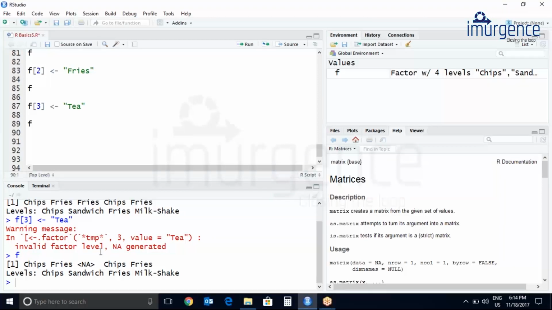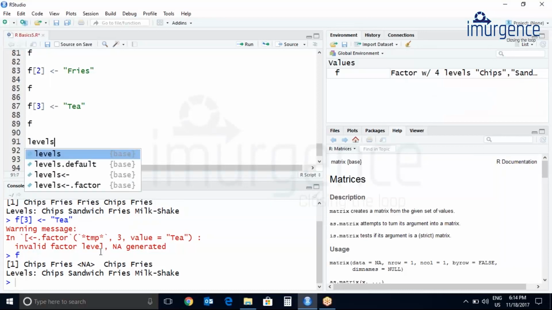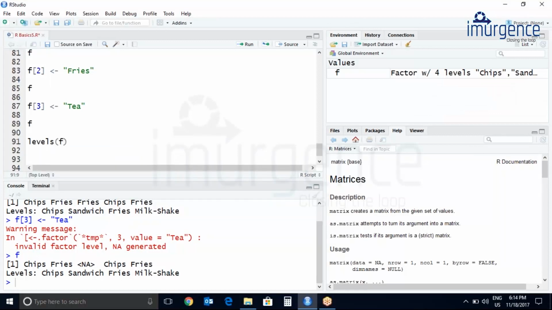The workaround to this is to add the value to the levels first. So let's add the levels now. Let me just add a comment over here: adding extra levels.